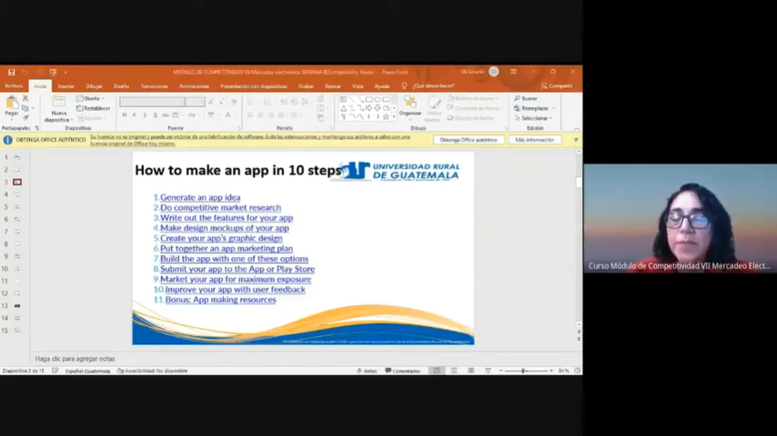topic before, is where you find and look at the target of the customer that you want for your business. Number 3, write out the features for your app. Remember that we learned also about the Canvas model. So through this model, we can write down in all these sticky notes, these color notes, all your ideas, and